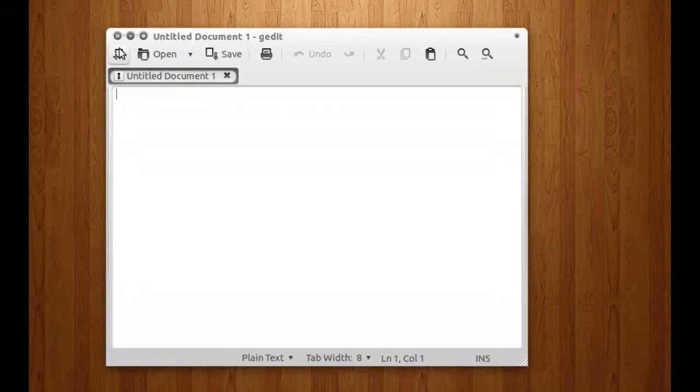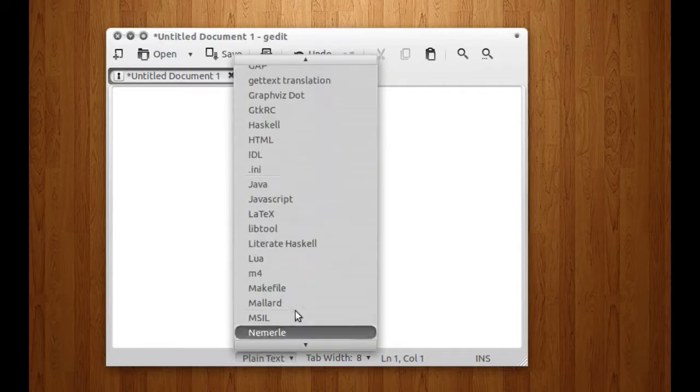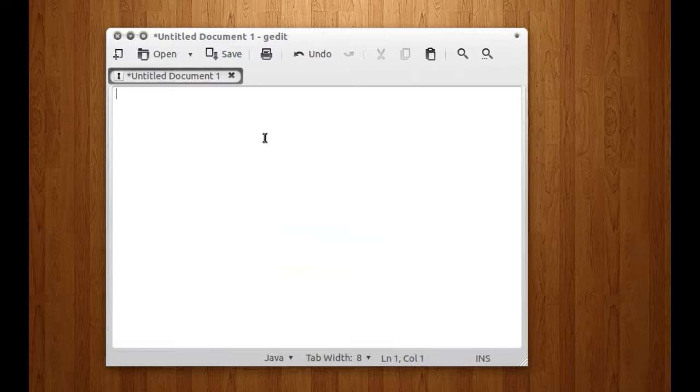So let's just create a new class. Let me select the language here, Java. And let me just create a new class here, like public class Dave, and what you're going to do here is have a main method, public static void main, and we should close it here. And inside the main method we have